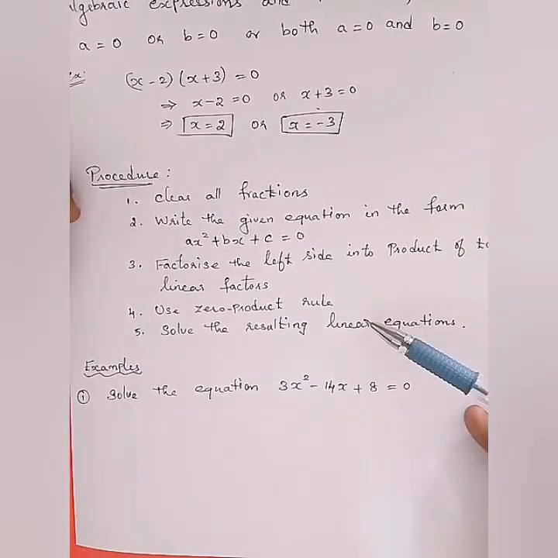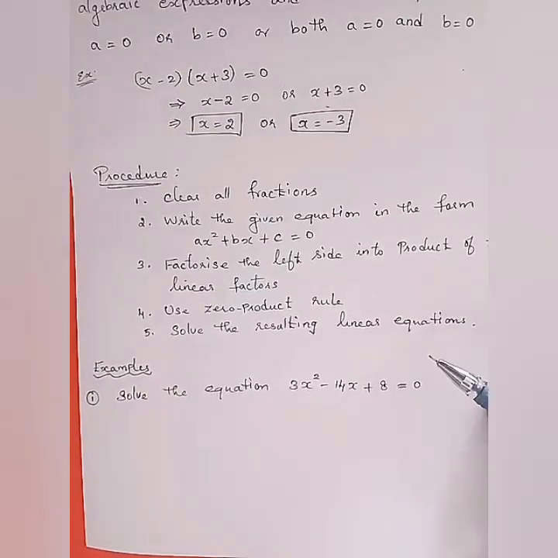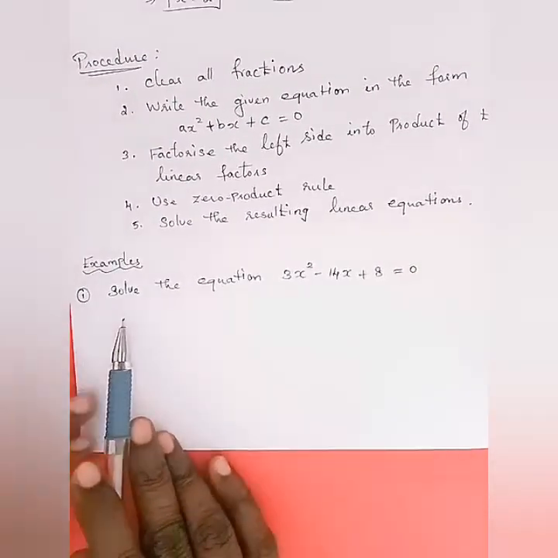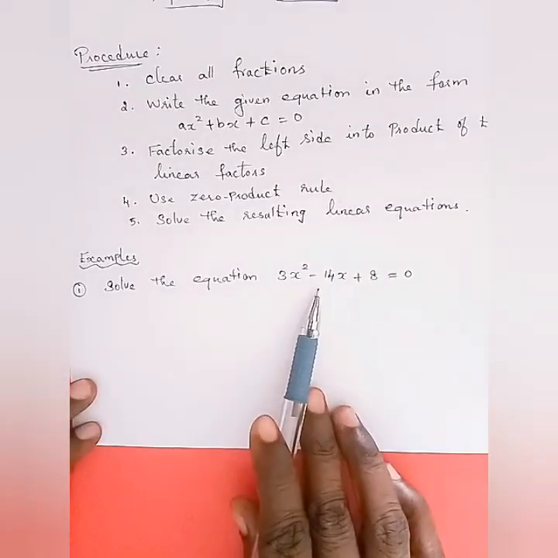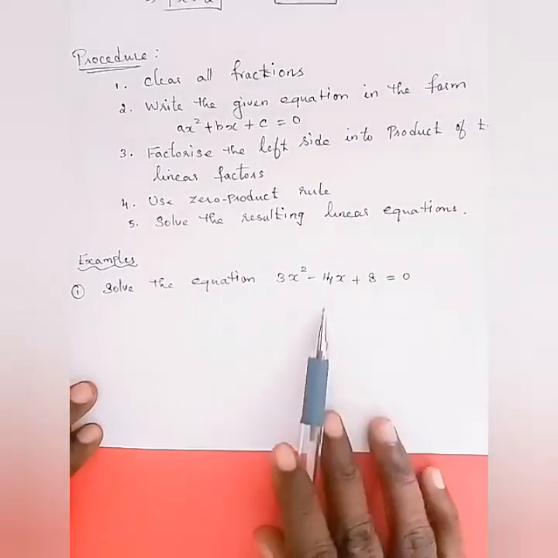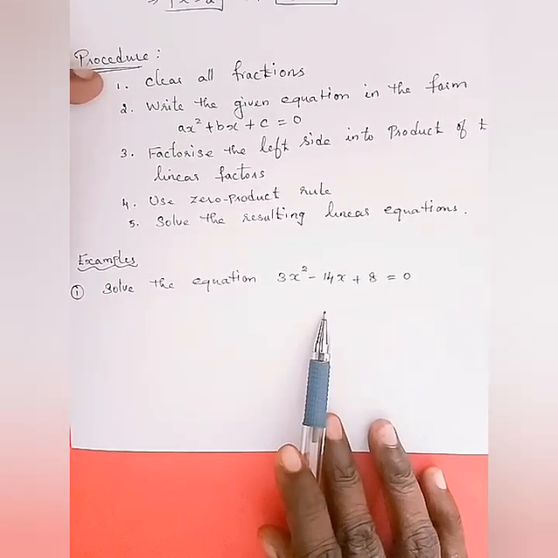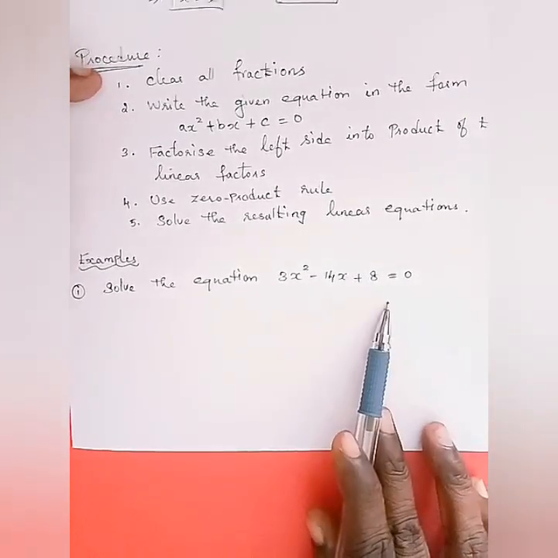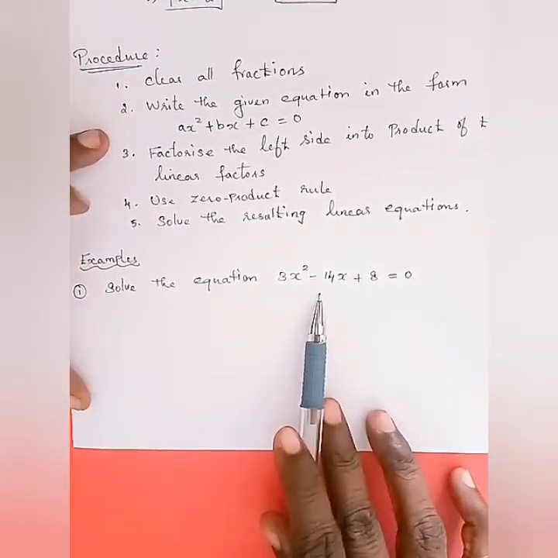This is the procedure we are going to follow. We will see the example sum. First example is solve the equation 3x square minus 14x plus 8 equal to 0. As per the procedure, first clear all the fractions. Here we don't have any fraction and it is in the form of ax square plus bx plus c equal